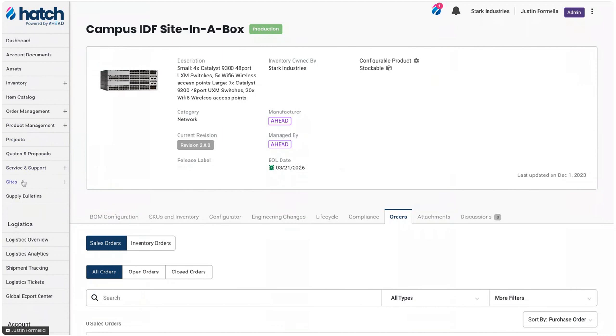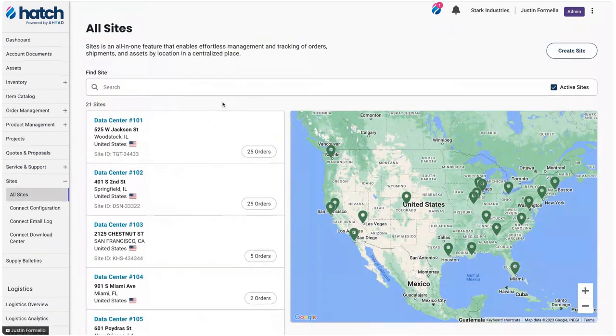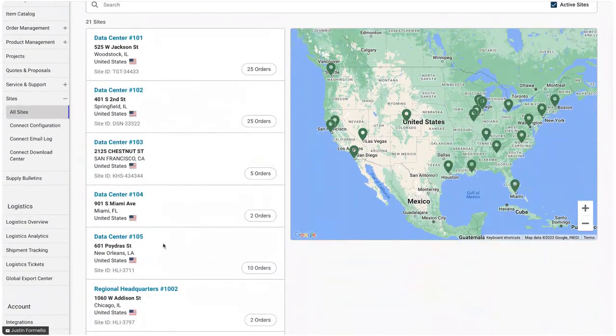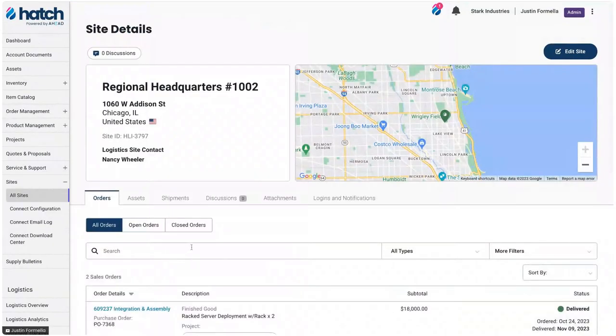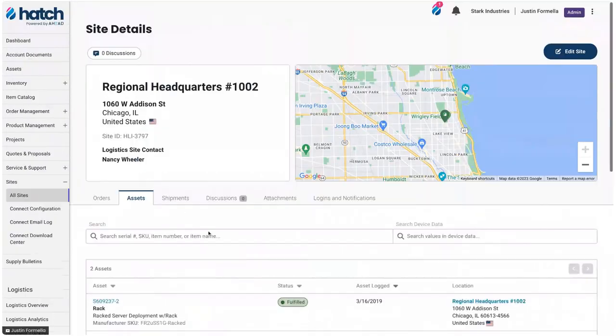And the last part of this program management pillar, which is really neat, is site management. We'll set up every site that we're managing or helping you manage within the platform. And within each site, we can see and compartmentalize all of the activity. So I can see every asset that there's been for that site.